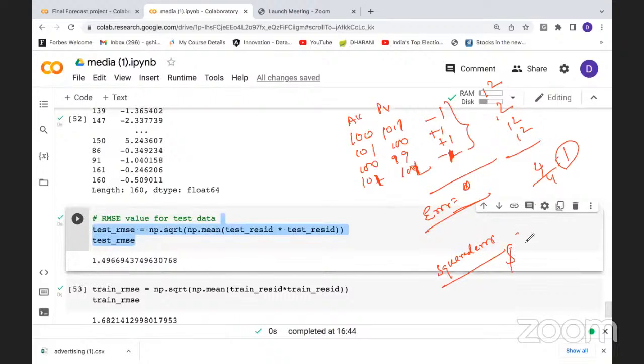You get the dollars square. So if you take the mean of it and you do the square of it, it is the mean square error. Your error also is in dollars square. So what will you do? You have to take the square root of it to get back the units. So that's the reason